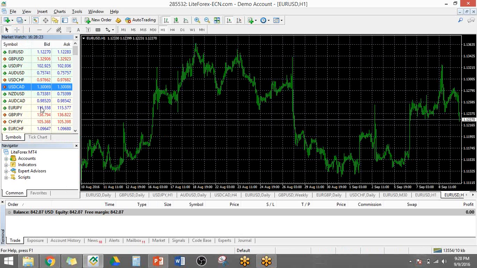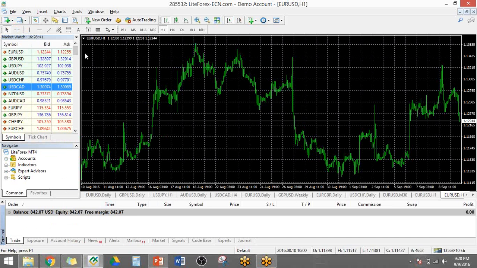In any case, so going back, you have here your trade and then you have here your account history. All right. So those are the three parts there: Market Watch, Navigator, and then you have your terminal. Now the important part is basically your chart over here. So that's the fourth part, and this is basically where we can analyze our charts.